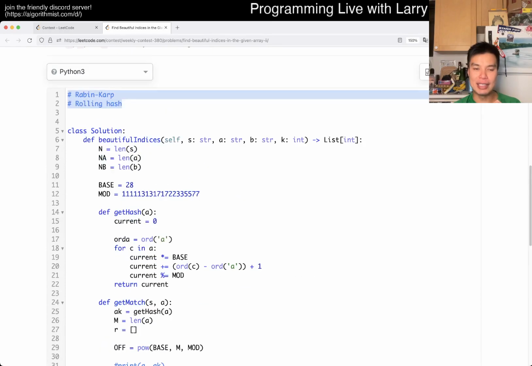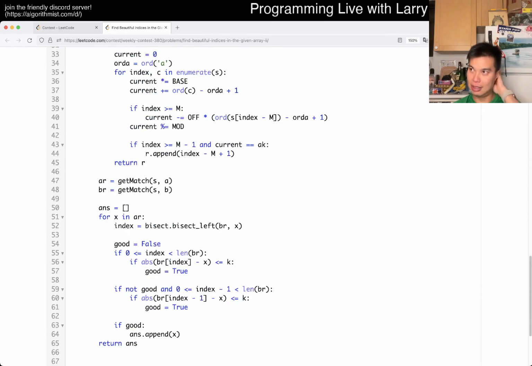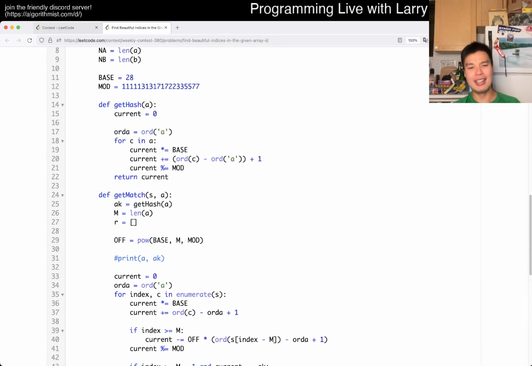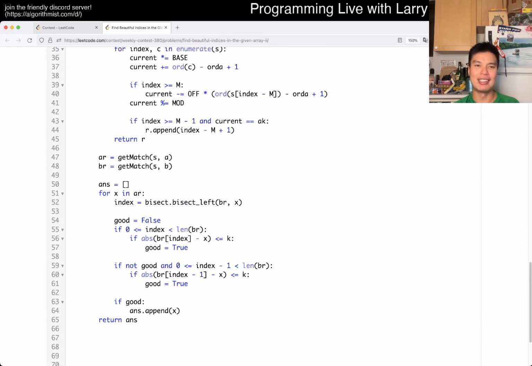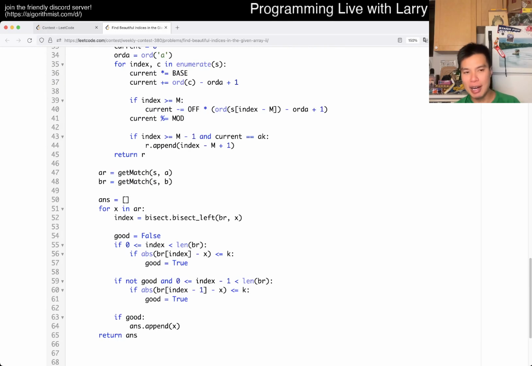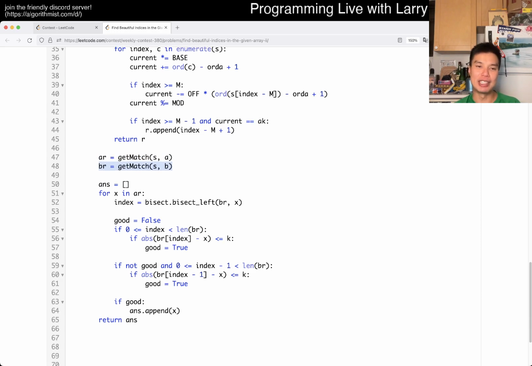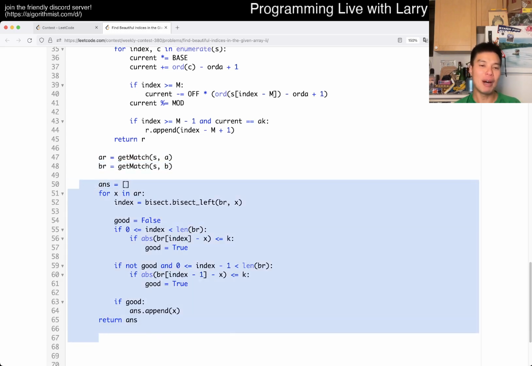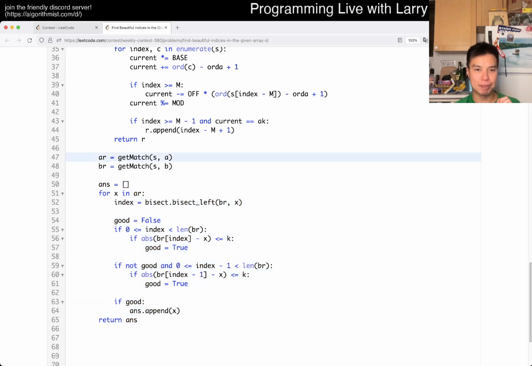And the idea here is, how do I even go over this? I mean, we'll go over this. But basically, let's say we're able to have this as a black box, and like I said, a lot of people do. I'm able to get all the indexes where it matches A, all the indexes where it matches B, and then we just do this binary search thing. I'm going to upsolve this using the two pointers thing that I talked about, but I'm not going to do it quite yet. So hold on for a second.